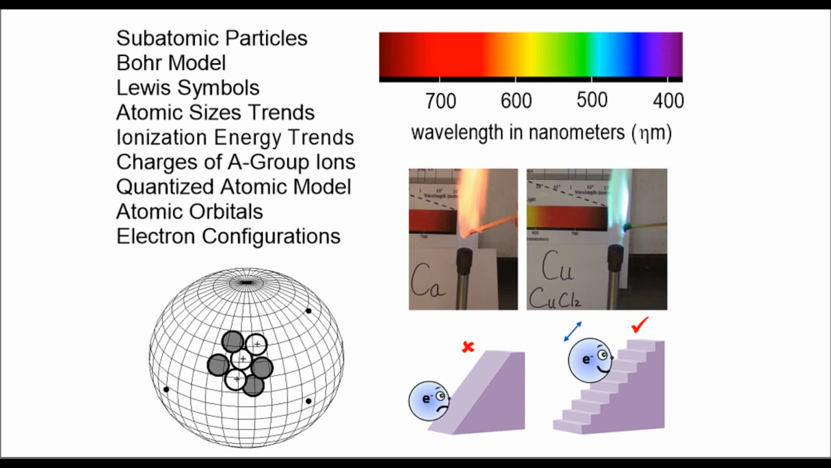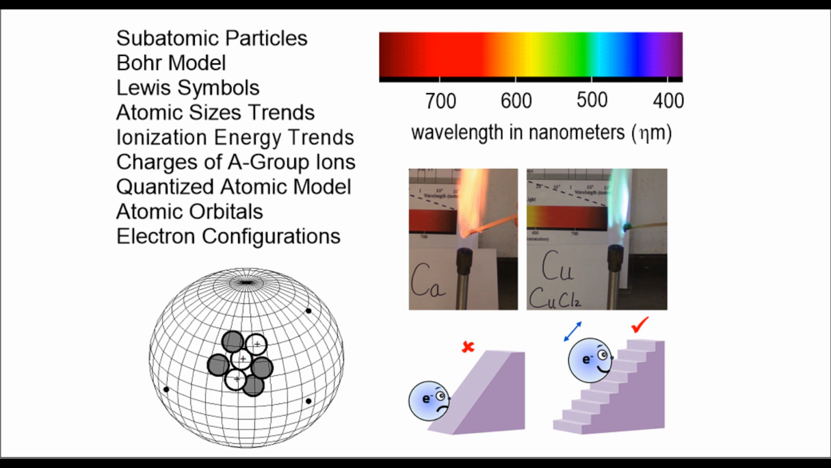Welcome. In this video we're going to look at a couple simple models of the atom, namely the Bohr model and the Lewis symbols. We use that to explain the arrangement of electrons within the atoms and then explain the trend in the sizes of the atoms in the periodic table and the trends in ionization energy of atoms in the periodic table. And we'll be able to predict the typical charges that the A group elements form using this